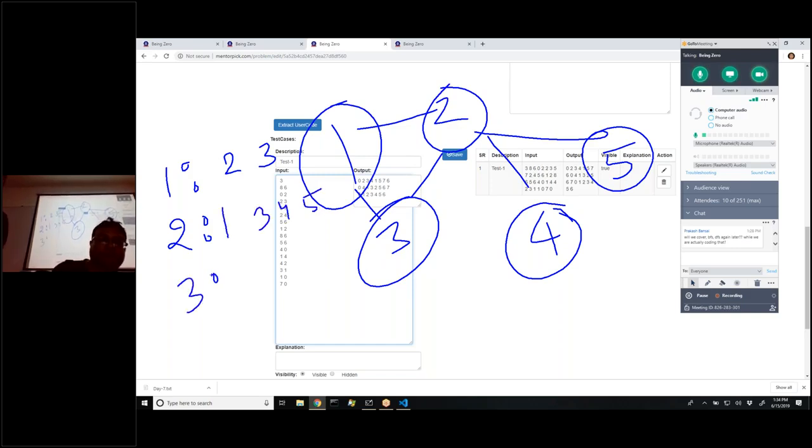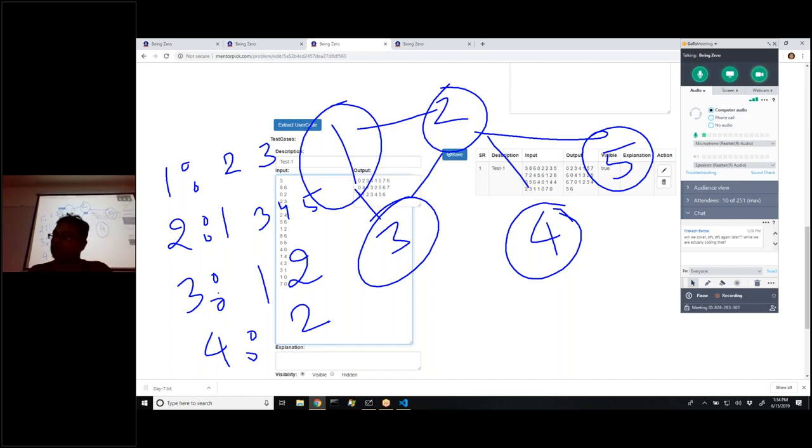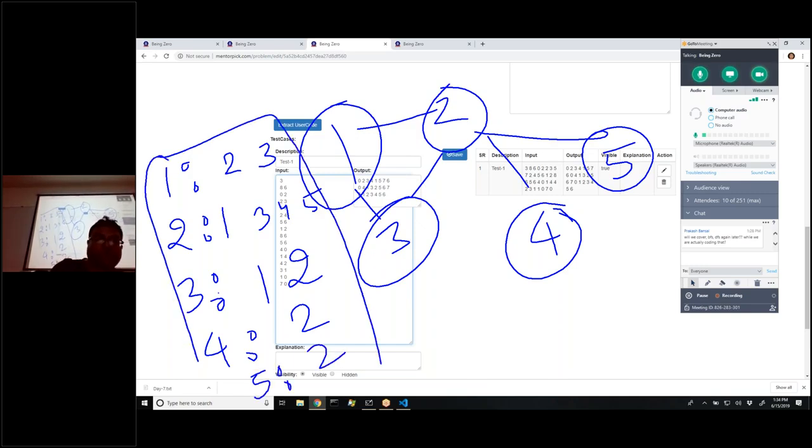What is 3 connected to? 1 and 2. 4 is connected to only 2, right? Only 2. And 5 is connected to only 2. Yes. So you get this, or maybe in writing I would have also shown this. But yeah, now this is the map notation for this graph. And now when we do DFS, we follow this notation and then